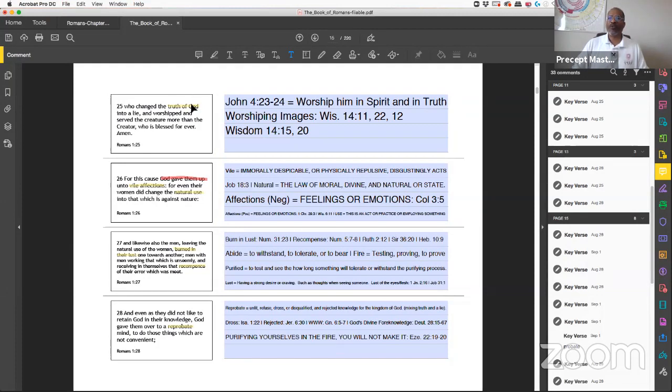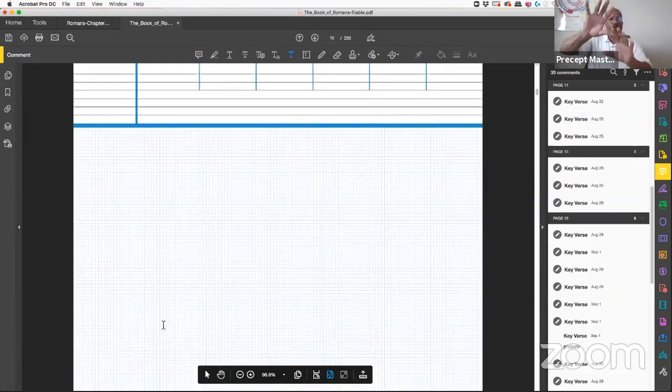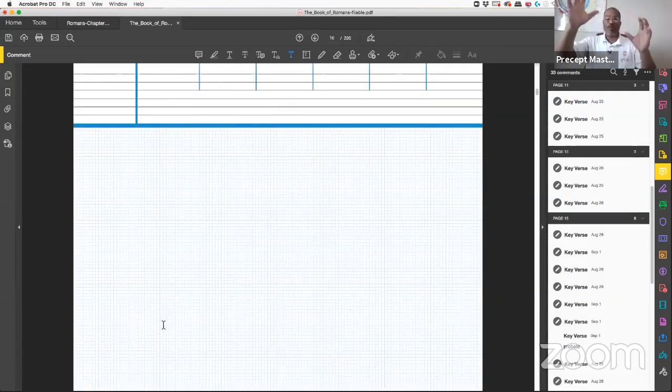So if we want to look at the truth of God, now you're going to focus on that, but then you can also see what is the lie. Why? Because it's all through here. By all affections, he gave them up. Burned in lust. Recompense. Reprobate. These are all keys to where, when you get here, now you know where to go pull, and you can put everything together on what Paul was saying. This is how you pull this. This is what you do.